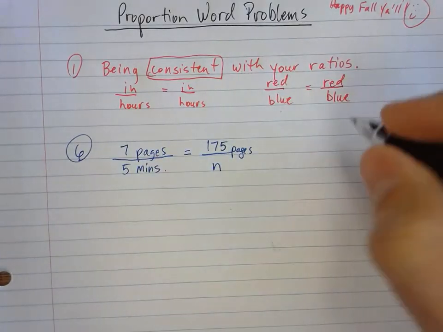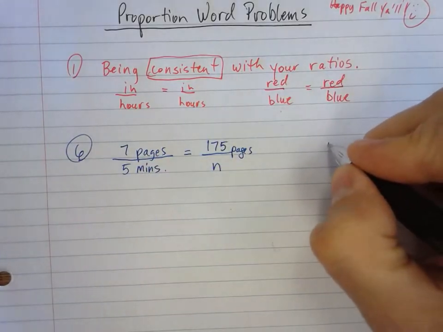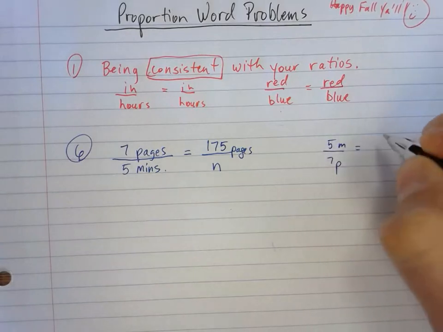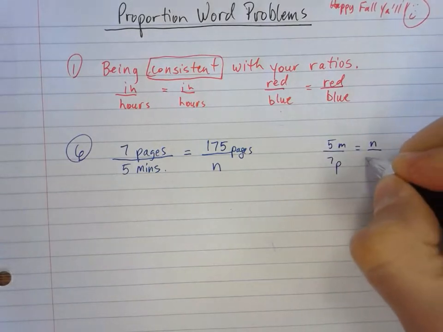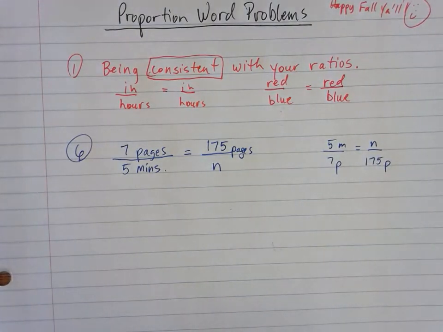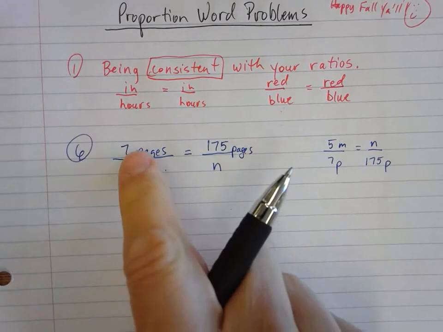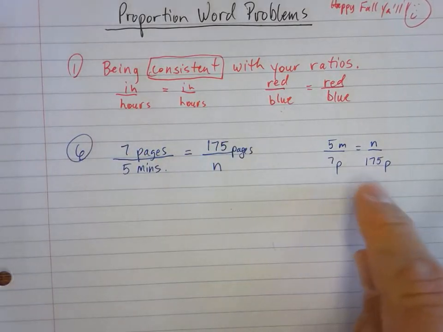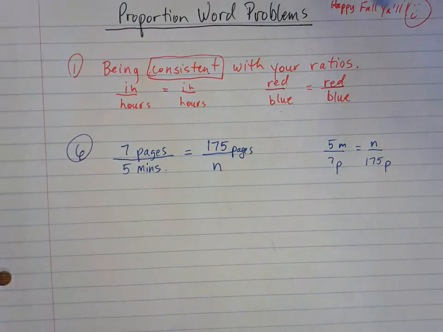You could put, okay, I'll just show you over here. You could put 5 minutes over 7 pages equals n over 175 pages, and that would be totally fine as well. See, on this one I've got the pages on top, and on this one I've got the pages on the bottom on both ratios. So it doesn't matter whichever way you decide to do it, it's fine, because when you cross multiply and get your products,